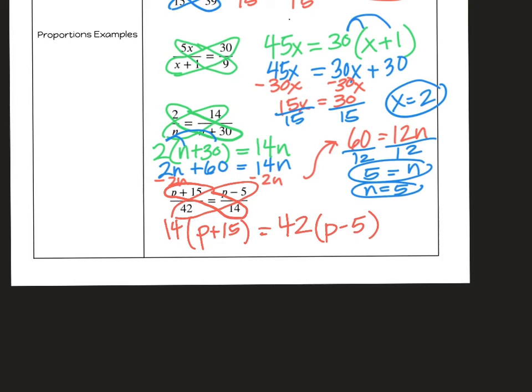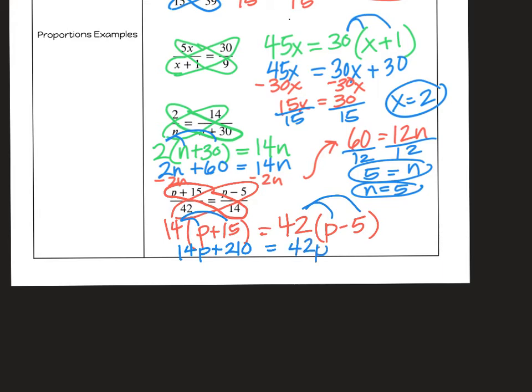Okay, so for this one, we're distributing on both sides of the equal sign, but that is a-okay. We can do that. So I'm going to give the 14 to the p and to the 15, and that's going to give me 14p plus 210 equals, I'm going to give the 42 to the p and to the negative 5, and so that's going to give me